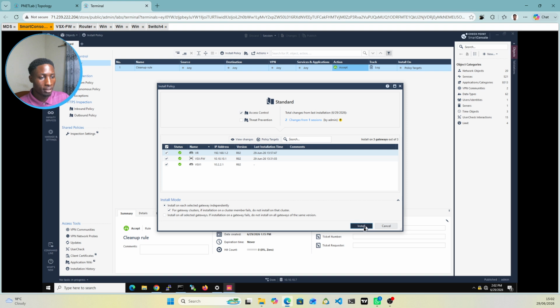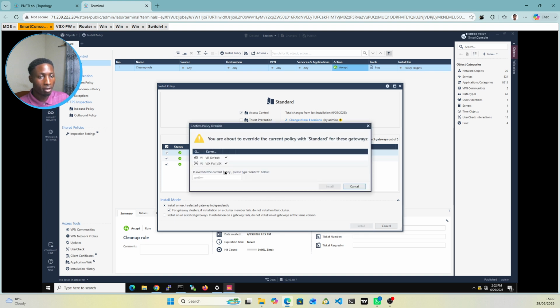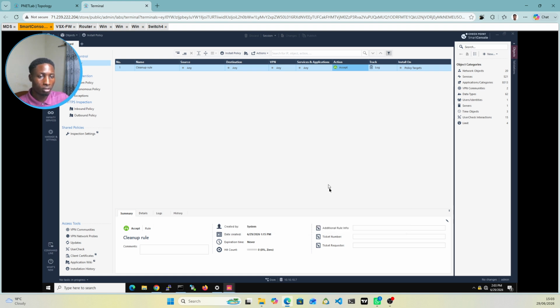So from here, I'll just take install, and then we'll go to the other sector and install there as well. I'll just take confirm since we want to change the default package that was there before. So you type confirm, and then you'll see the option to install that. So once that's installing,